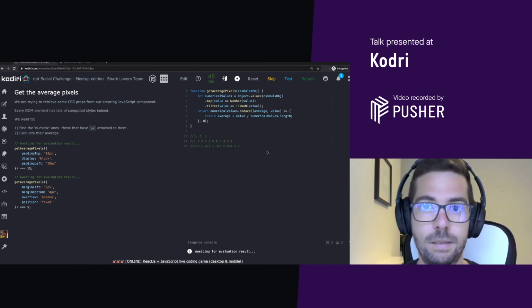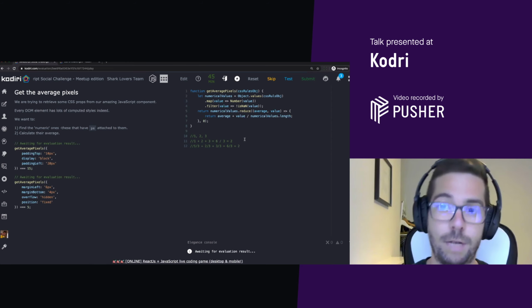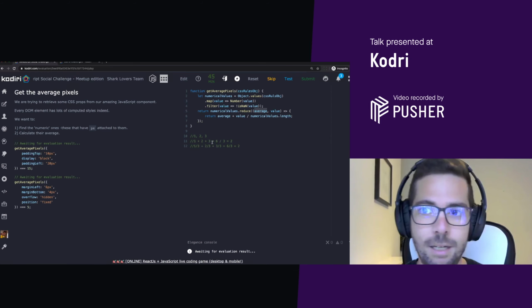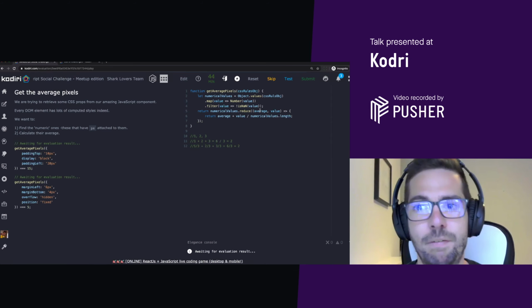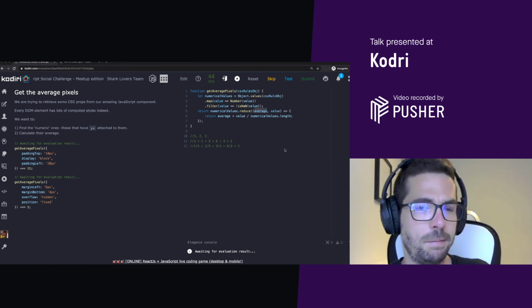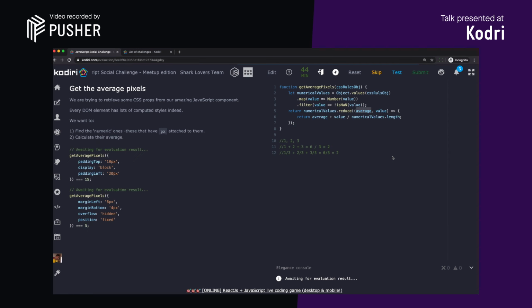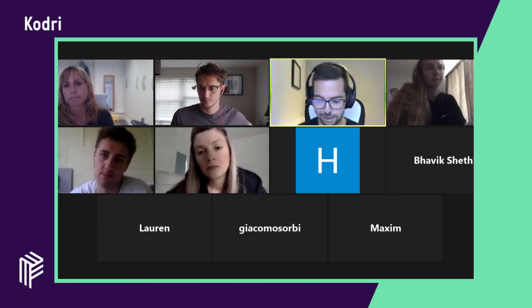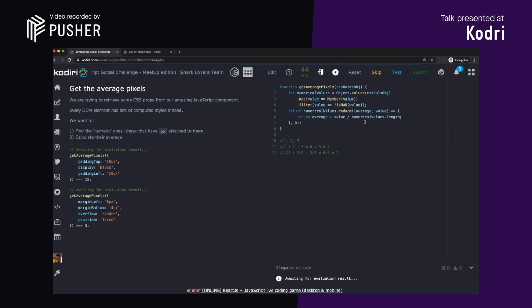We'll store the first element as accumulator. That's correct, Vicky. If we don't set any default value for the accumulator, can anyone tell me, on the first use case scenario, what's going to be the first value of the average? 10. It's going to be 10. That's correct. You see, if the first value of the average is 10, you can easily smell that this is not going to work. So we definitely need a default value if we want to follow this approach.